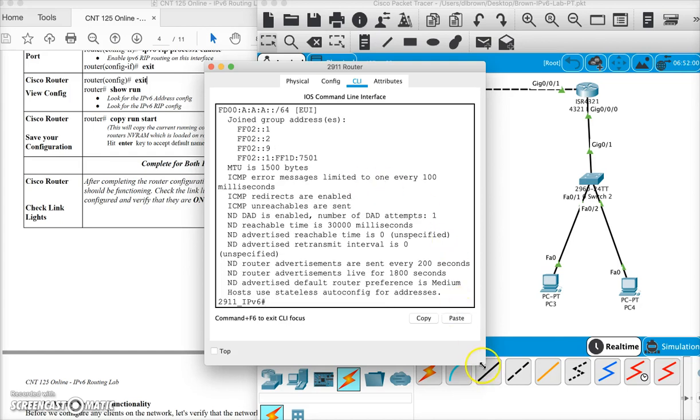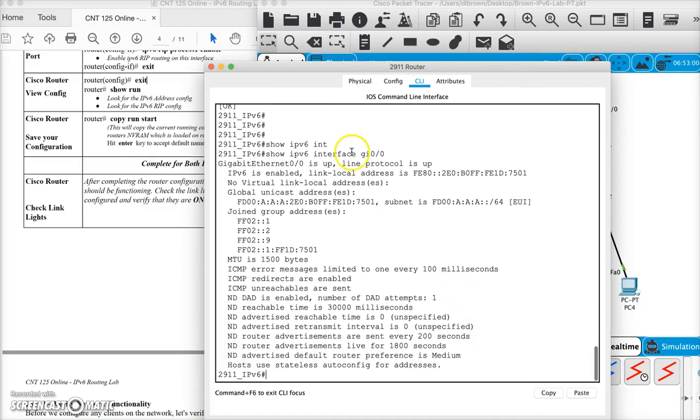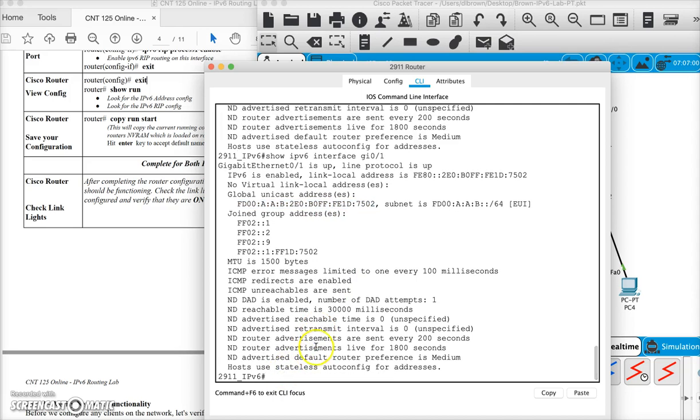If I look at the gigabit 0/0 interface, now that it's up and running, it'll show you that here is the address that we just set. We set the subnet of FD00:A:A:A and said the first 64 bits is network, and then we said, hey, please use the MAC address for the second half. It filled that in right here for you. So there now is the full IP version 6 address of that interface. And if I keep that there, and I now go show interface gigabit 0/1 and compare, here's the 0/1 interface,